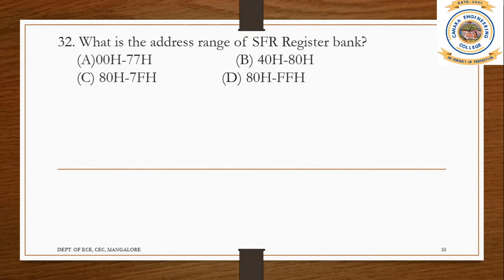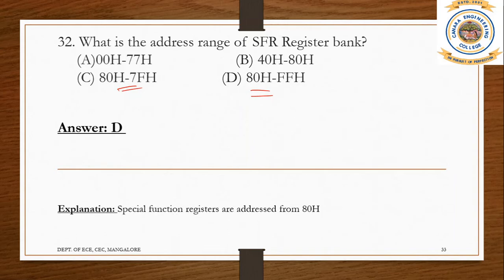The next question is a general question. What is the address range of the special function registers in 8051? From where to where do the special function registers lie in RAM? So far we have discussed so many questions. We have seen that Port 0 address is 80H, right? So the special function registers basically start from there, 80H. Now the confusion is whether the option is C or D. You have to be very thorough with the internal RAM structure so that you can easily find that the answer is D, because FFH is the maximum address you can find in internal RAM.